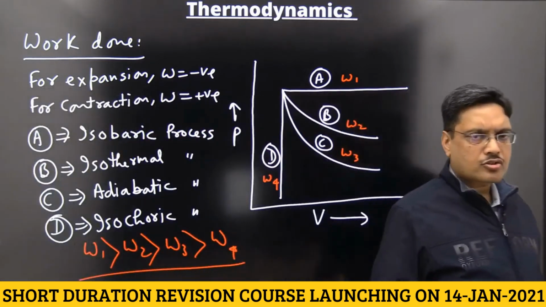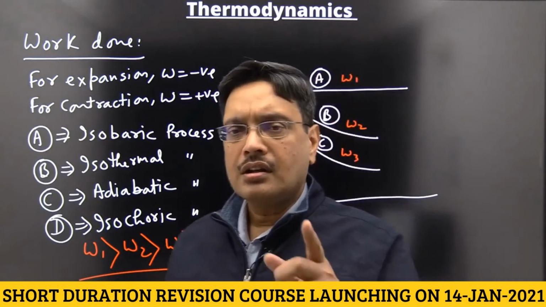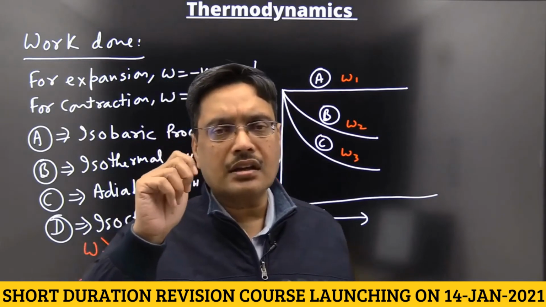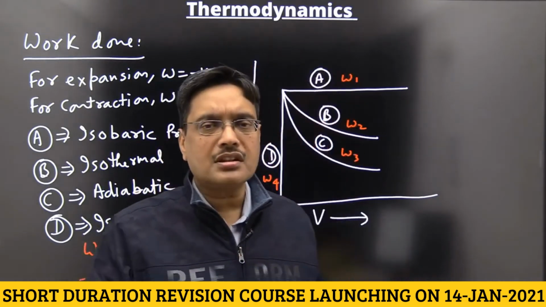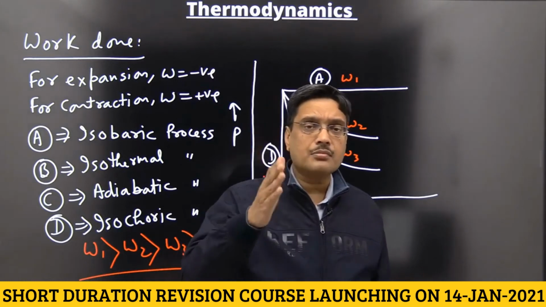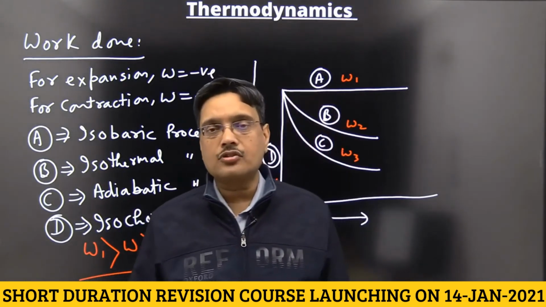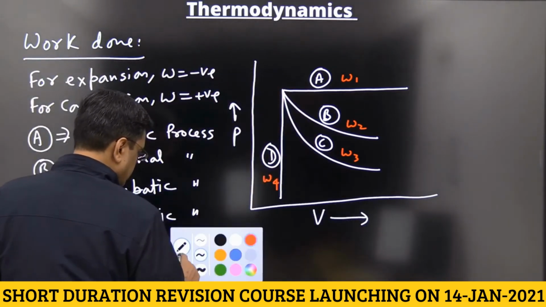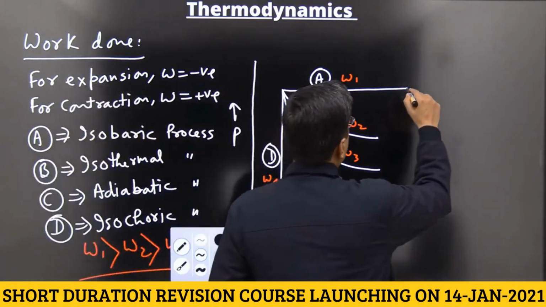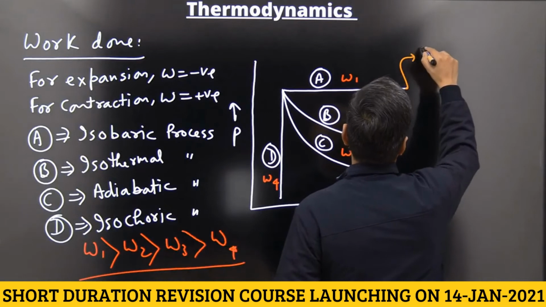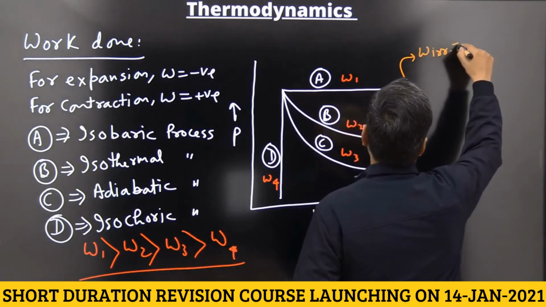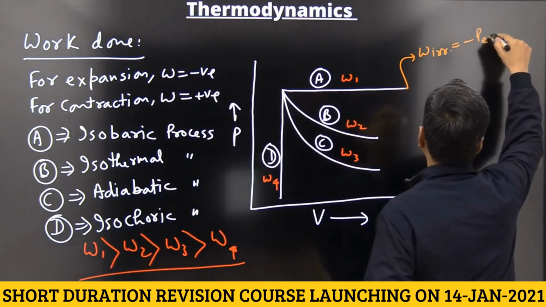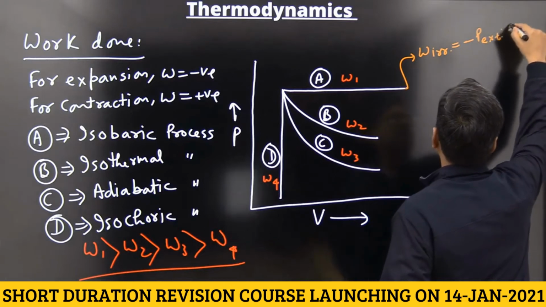Now, a calculation based question. We already told you, if nothing is mentioned in the question, then the process is irreversible. A reversible process is always mentioned in the question, like reversibly and isothermally, reversibly and adiabatically. See here how we calculate it. In the isobaric process only an irreversible process is present, because it is the case of expansion, so the sign is minus P external. Always P external is used.